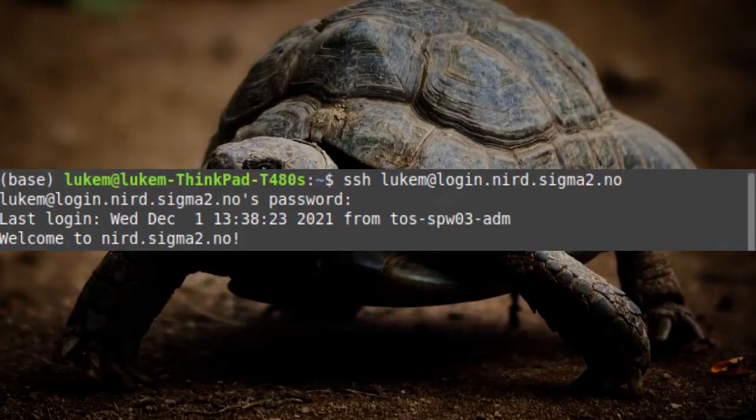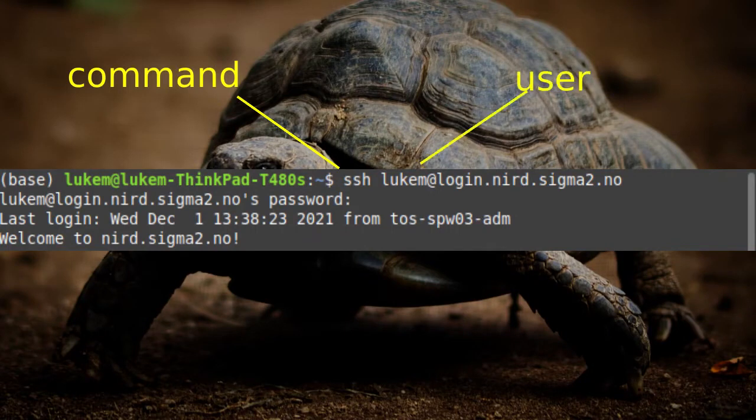There are a few different ways in which you can access your data in NIRD. The first is using secure shell if you're particularly comfortable using the command line, for example. You do this by entering your command SSH for secure shell, Luke M, here is my username, at login.nird.sigma2.no, and this is all my host name. And this will log me into my user area on NIRD,